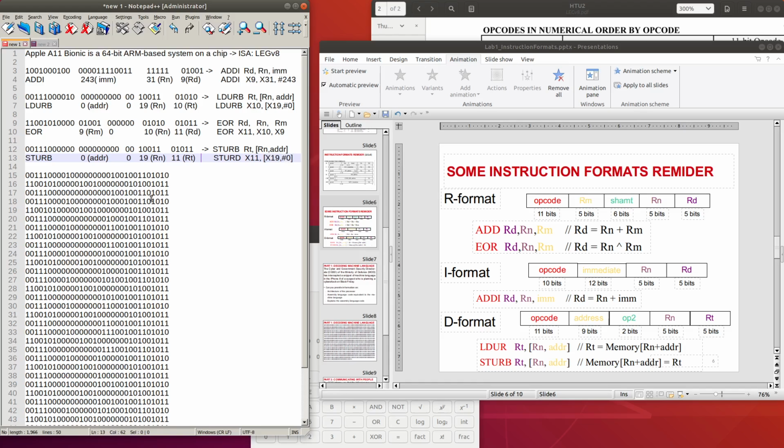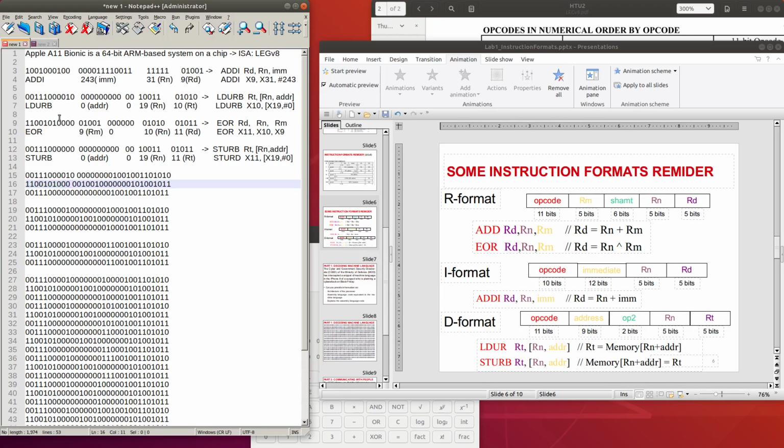Next, you can see that if we divide the code into groups of 3 like this, the opcode of this instruction, up to bit 11 from the beginning, is exactly the same as this instruction.